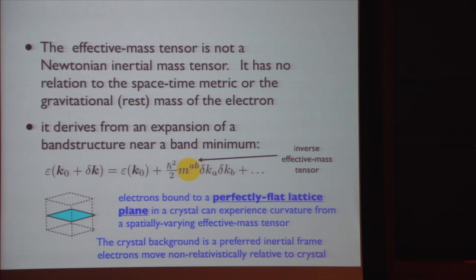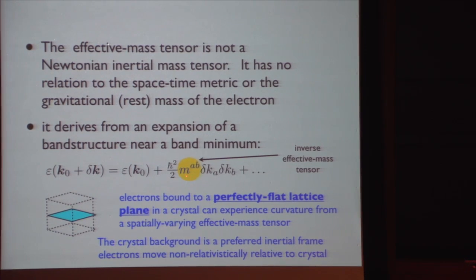Lattice planes really don't like Gaussian curvature. They like to stay flat. It strains the bonds too much. So basically, the point I'm making here is you can have electrons bound to a geometrically perfectly flat lattice plane which experience a curvature not because of a physical embedding of this surface in Euclidean space and an induced metric, but from the variation of this chemistry and structure dependent field which emerges from the condensed matter